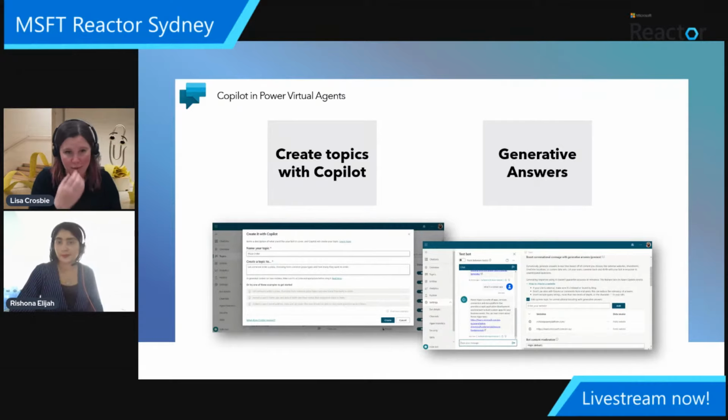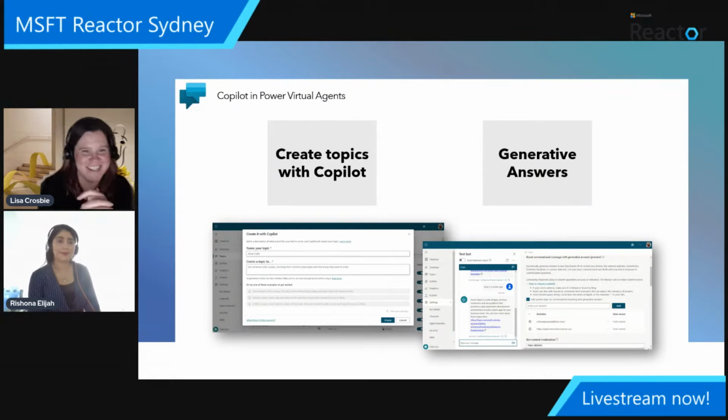Copilot in Power Virtual Agents is all around this idea of generative answers. There are two things going on here. This is about being able to use your existing website content to create topics, and also to link to other kinds of knowledge sources to generate answers. Power Virtual Agents allows you to create chatbots with a nice drag and drop, but what we're seeing here is that you can essentially connect that into something that's already there and it will just do that thing for you.